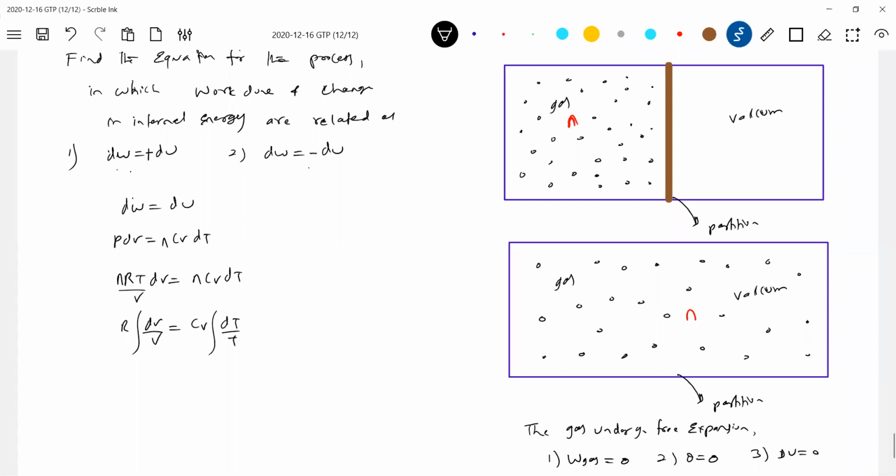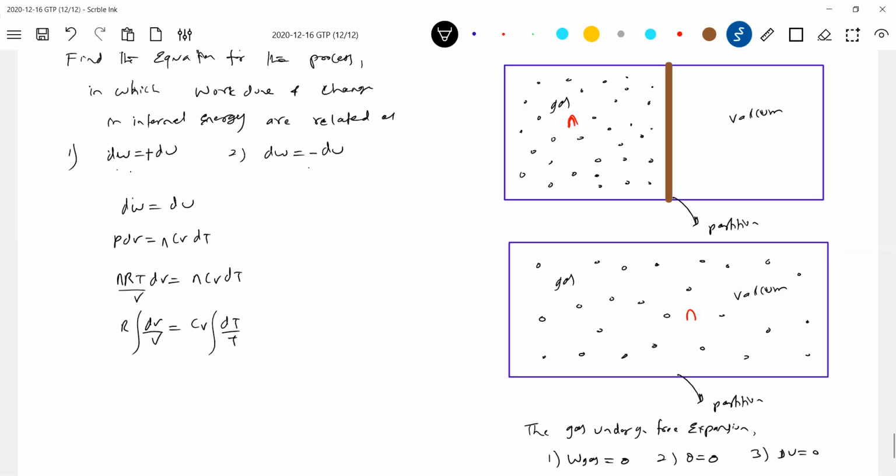A good example of that: you take a perfume bottle, open the lid, then what happened to the gas? The one which was present in the perfume, or better take petrol, the petrol which is present in the container will now occupy the total volume of the room. So it's a free expansion. In free expansion, work done by gas zero, delta U zero, Q equal to zero. Better say the gas will not undergo any process.